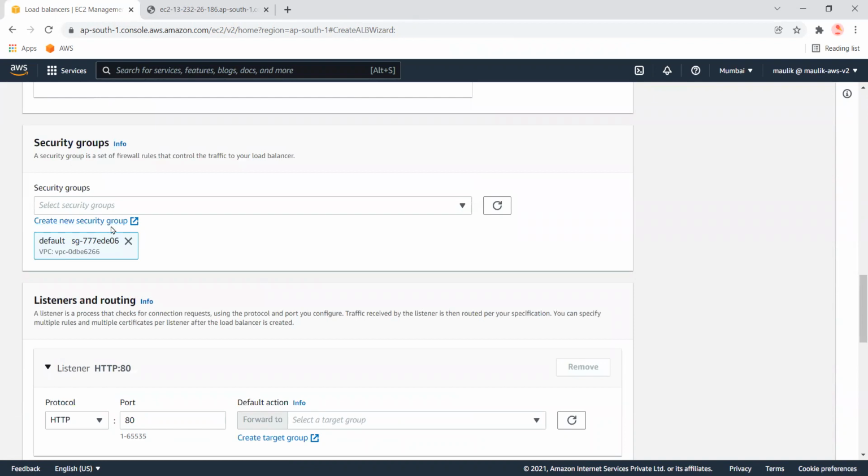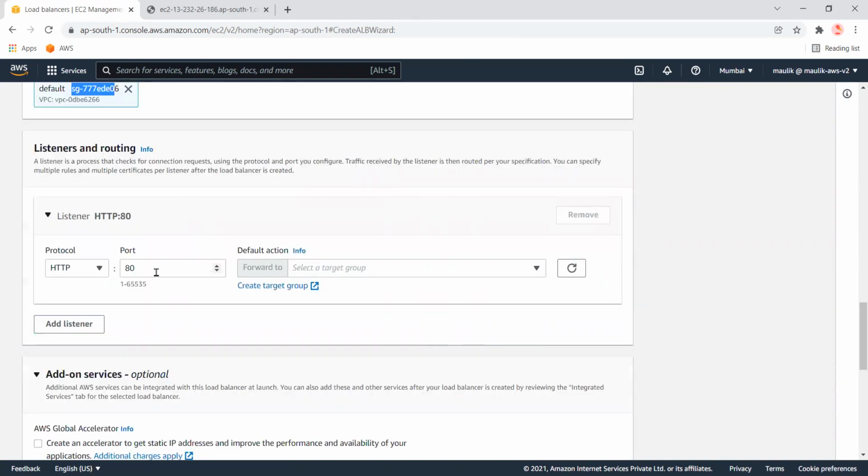This is the default security group, so we just need to keep it as it is unless we want to change any other settings. This is the port number, and whenever we launch this application load balancer, its URL will link to this particular port.